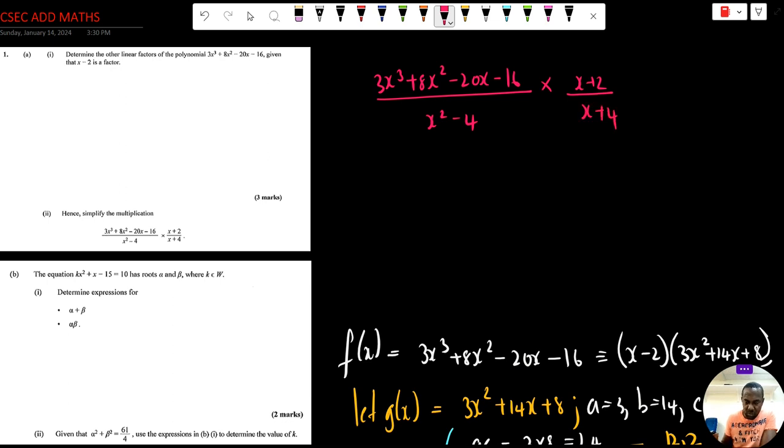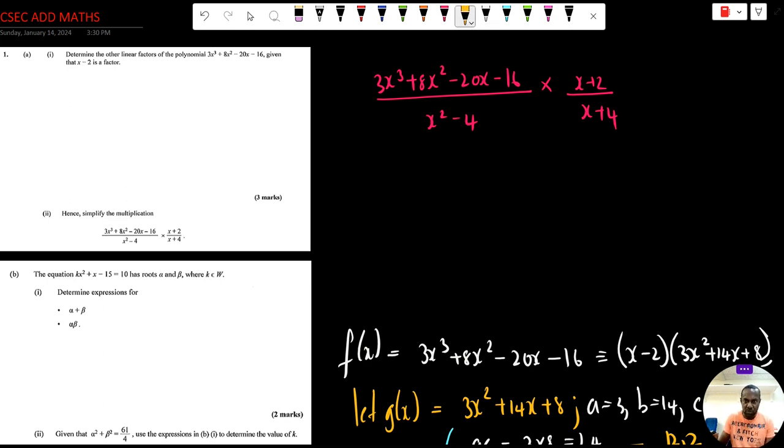plus 4. Now, usually when you do a part of a question and we move on to the next part and we see the word hence, it obviously means that we're supposed to use the result we just obtained in the previous part of the question. Now, sometimes they may say hence or otherwise, which means that we can actually use some other result or some other method. But in this particular case, we're